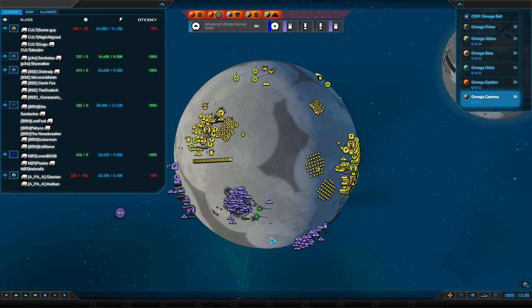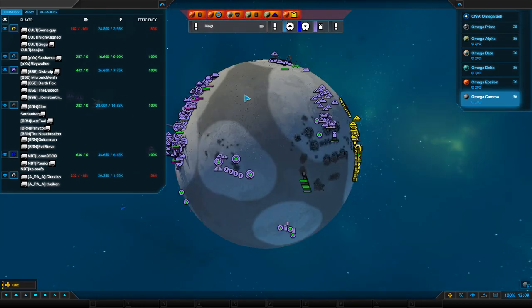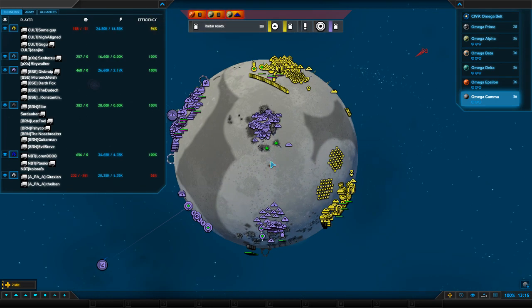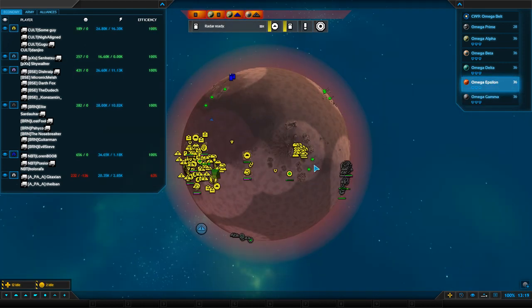Definitely BSC has more units here. Way more units. Cult, yeah, and let me see at the eco. Yeah, and like twice, 3 times the eco overall. So I don't know what's gonna happen. I think Cult's gonna be kicked off here. They do have 3 commanders here though. On Epsilon,